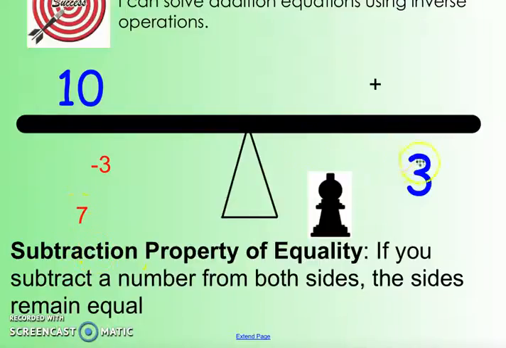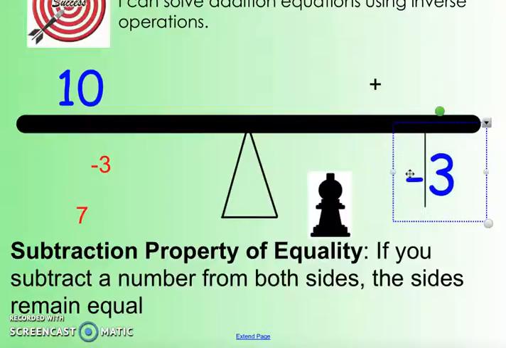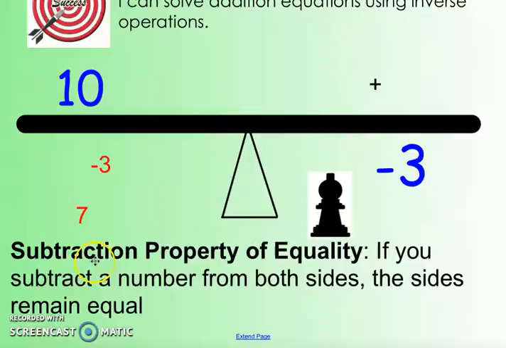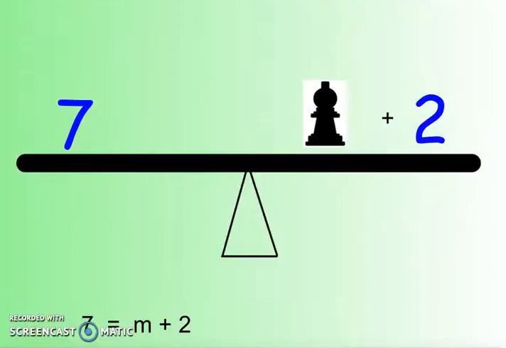Now, the reason why I subtracted on both sides is because I'm trying to keep both sides balanced. And that is called the subtraction property of equality. I'm trying to keep both sides equal, so I need to subtract from both sides. Okay? So if I look at this next problem,